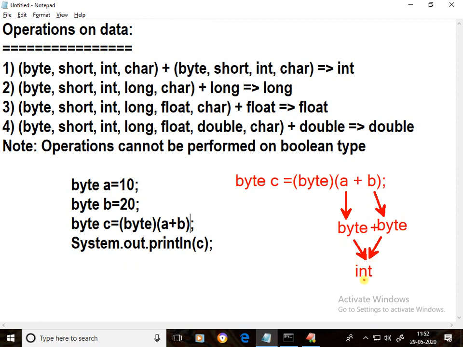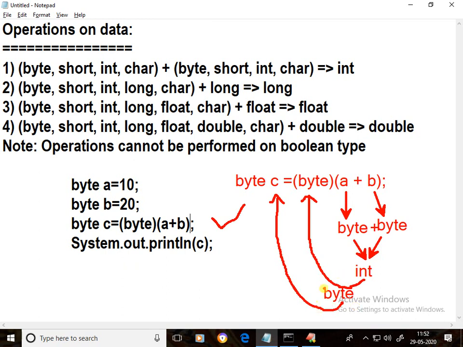This integer I am converting into byte explicitly. Now we'll get a byte. After converting, I am assigning to c. C is a byte type. Now it is valid. In this code snippet, the result of a plus b we are converting as byte. But in the previous code snippet, only a was converted as byte. That is the difference.